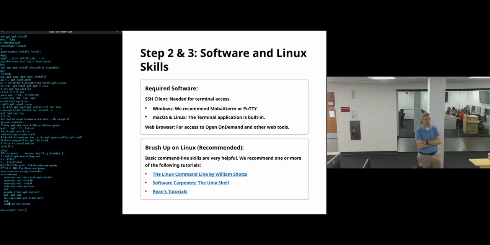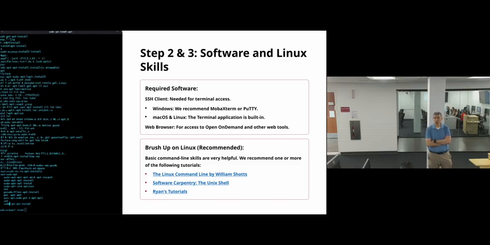So if you want to connect via command line to the HPC, we use an application called SSH. If you have a Linux laptop like I do, or you have a Mac laptop, then the command line or terminal is built in. All you have to do is go to the terminal and use the SSH command. It's all built in, ready to go.